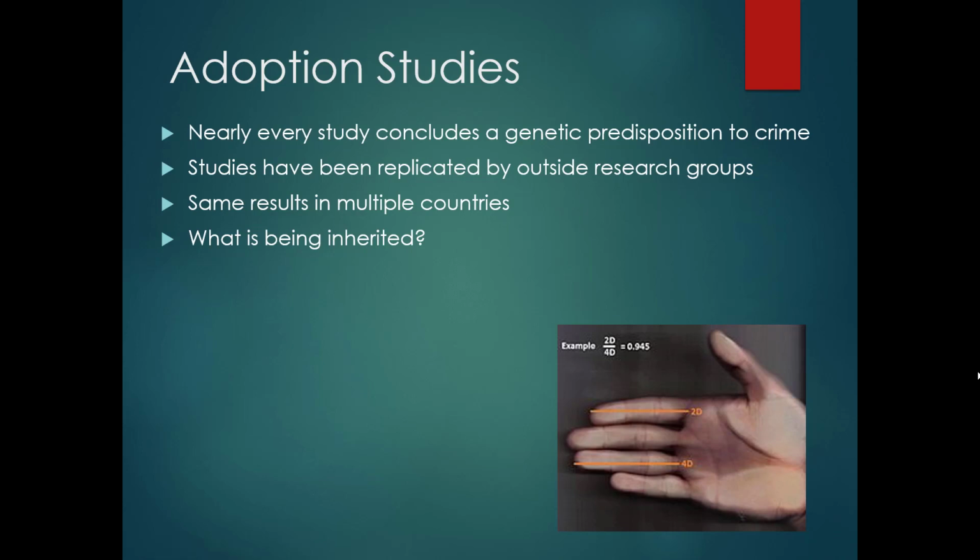The fact of the matter is, we really don't know. We're talking about more than 100 years of looking at how genetics might contribute to criminality. And although we know that there is a connection, to this very day, we still don't know exactly what the connection is. Okay, so that's it for the biological theories.